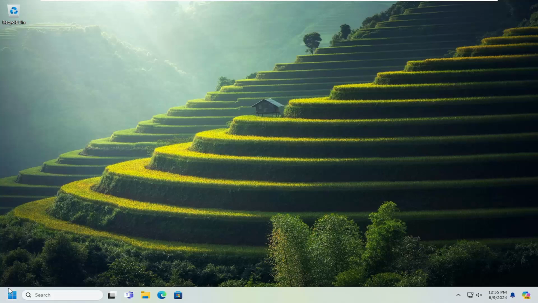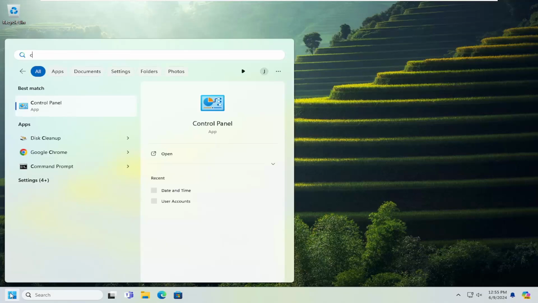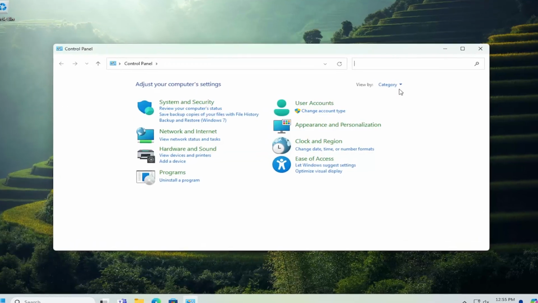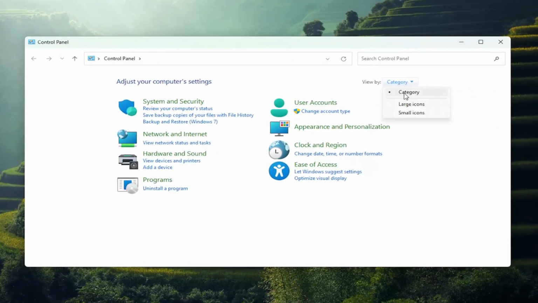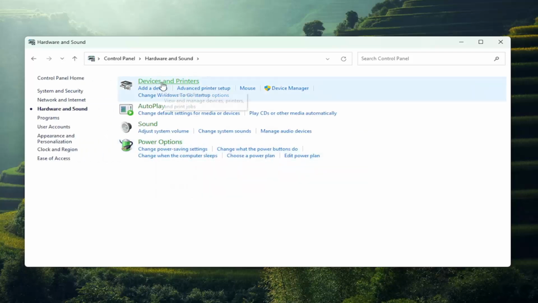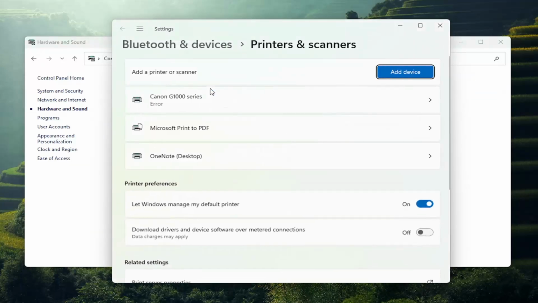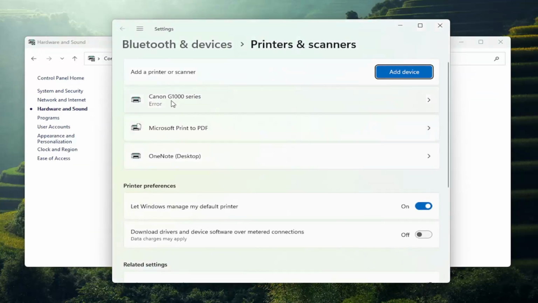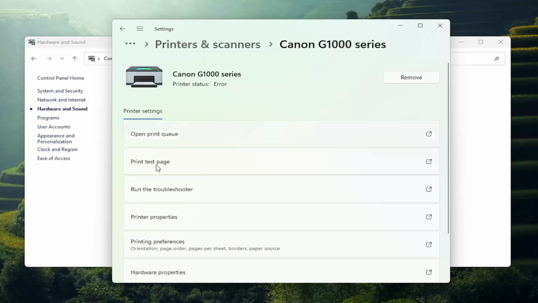So all you have to do is open up the search menu and type in Control Panel. Best result should come back with Control Panel. Go ahead and open that up. Set your view by up in the top right to Category View, and then select Hardware and Sound. Underneath Devices and Printers, select Advanced Printer Setup, and then select your Canon printer from this list, and then select